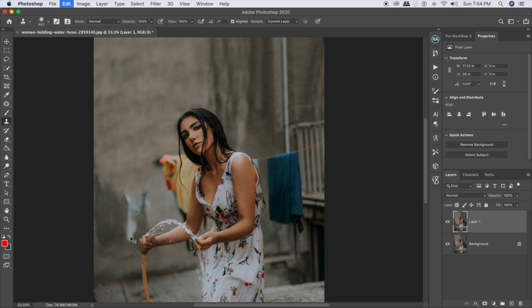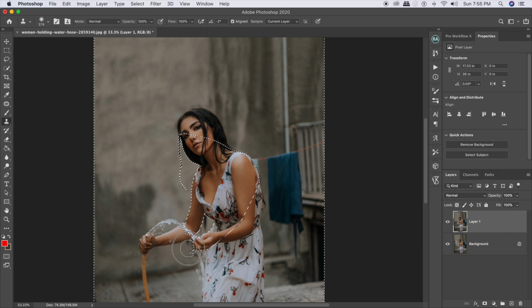Here I will come. This looks alright. Now this area I will do. Now you can see that even though I am bringing my brush right over the hair of the model, nothing is happening. It's because we have done the inverse selection. There you go.